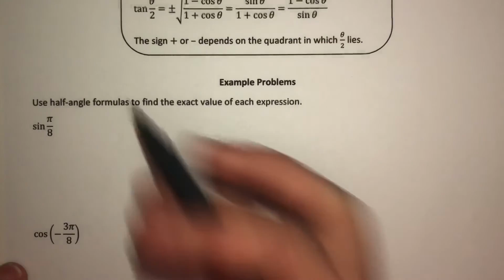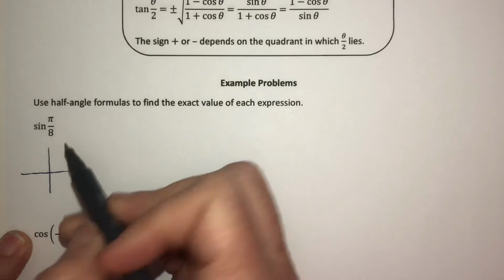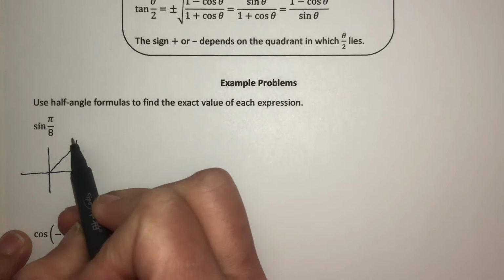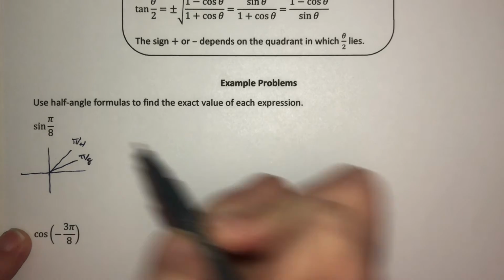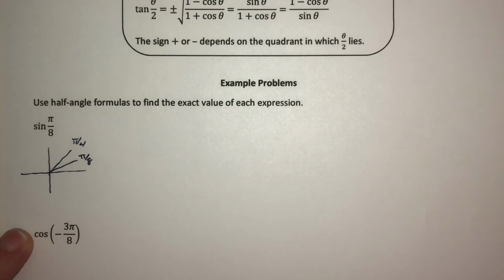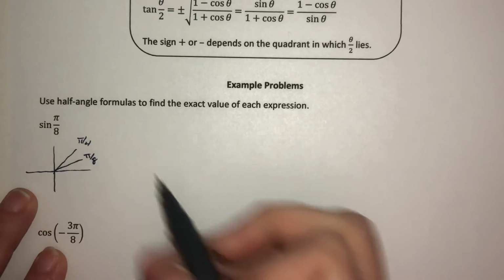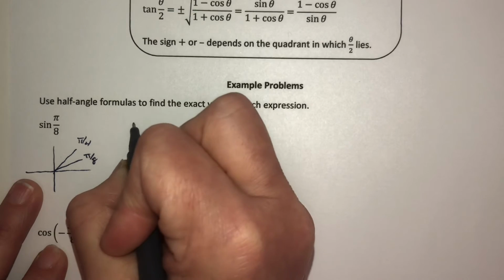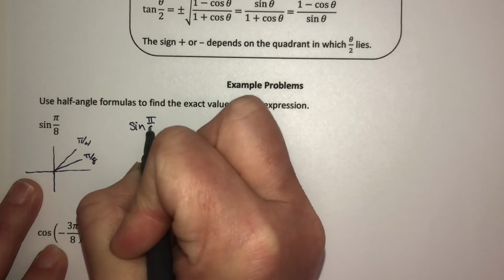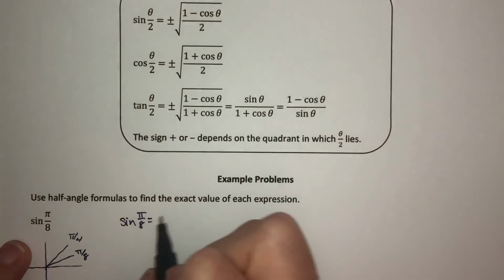Okay? So pi over 8, just as a quick sketch, this is pi over 4 here. So pi over 8 is going to be here. It is in quadrant 1. Sine is positive in quadrant 1, so just keep that in mind. Okay, so this is going to be positive. And what I have here is sine of pi over 8 is going to be equal to, it's going to be positive,